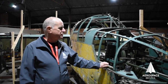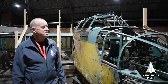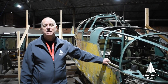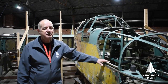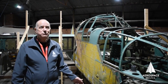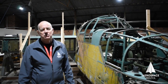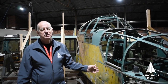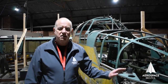So this aircraft, like I say, has been worked on by volunteers here at Aerospace Bristol since 2006, in various places. So this cockpit, for example, spent some time under a carport at someone's house and was worked on there. Now, just under 2 years ago, this space in this, what is effectively a shed, became available. And so we were able to start working with a lot more effort. And so we have up to 20 volunteers that are working on this aircraft at the moment. And so if I take you around the aircraft,